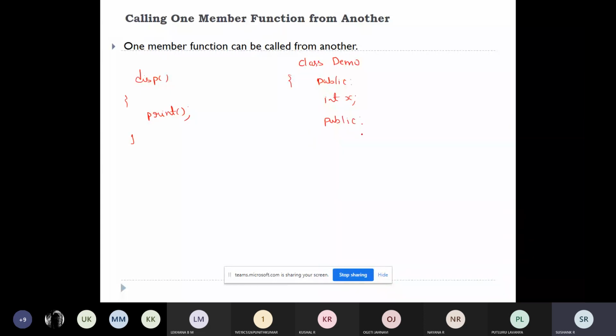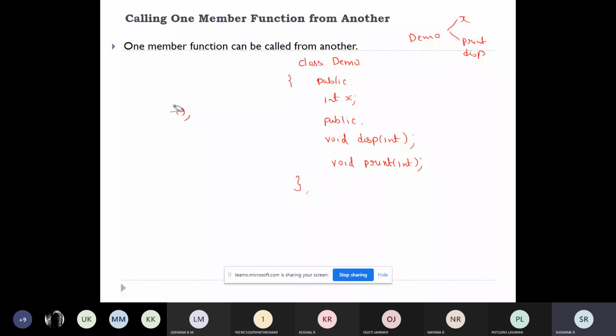One function I will call display, and I'll give some integer parameter, and another function I will call print. For this also I'll take one integer parameter. So this class demo contains a variable x and functions print and display. Now I'll define them.